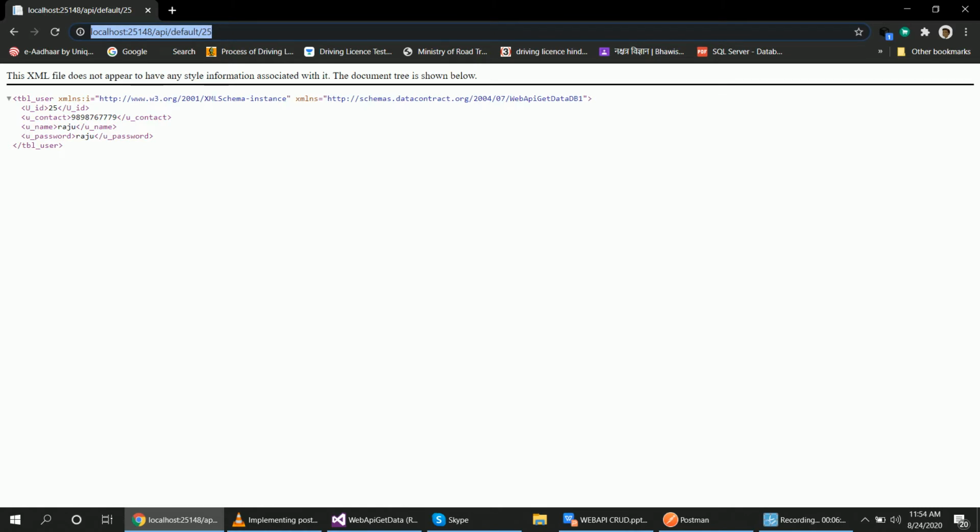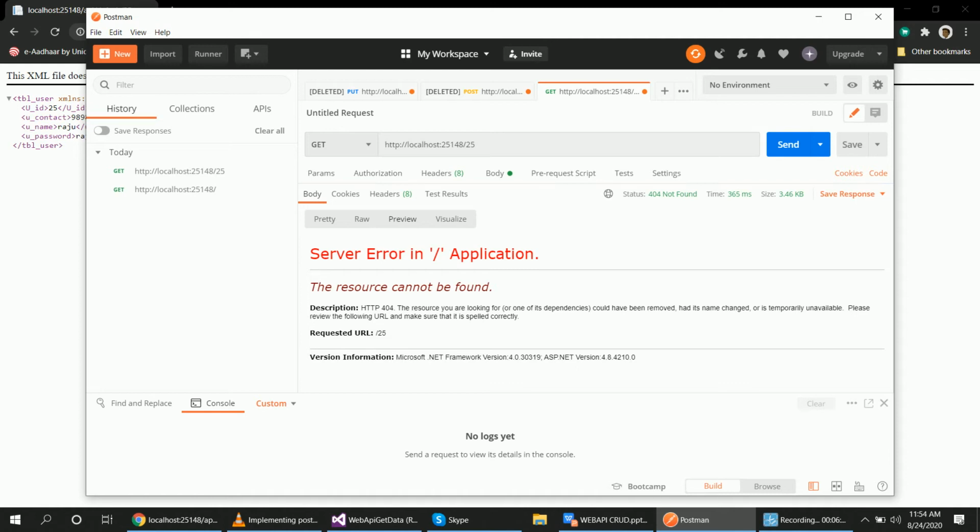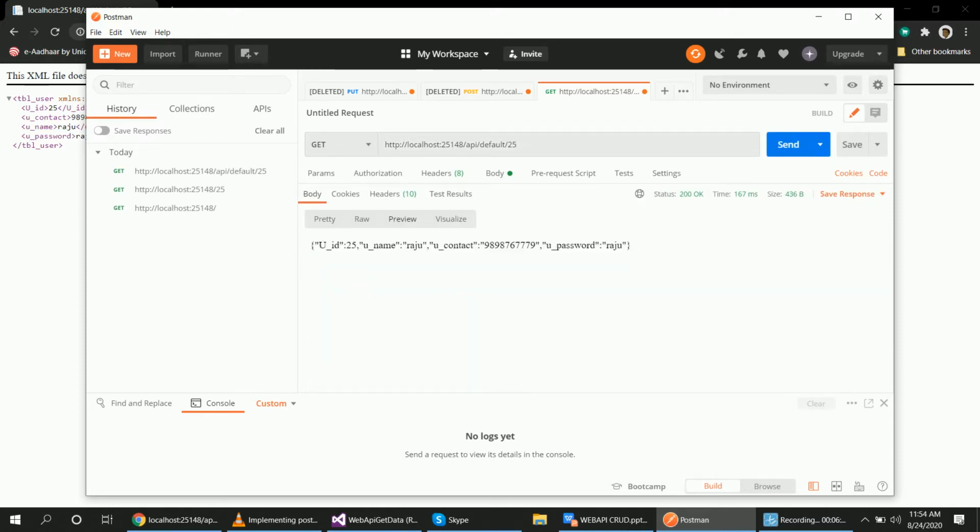See, paste here. Yes, because here I have not defined the default controller. So now send. Yes, you have received the row for number 25. So what is the problem? The status is 200. Okay, it's fine, but we have to post the data, right?